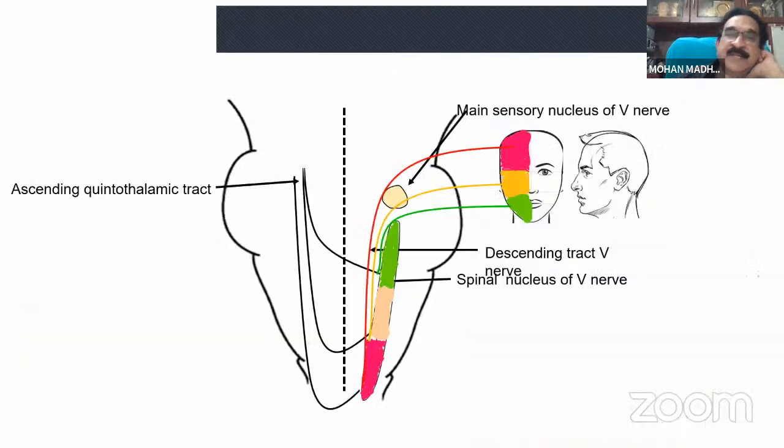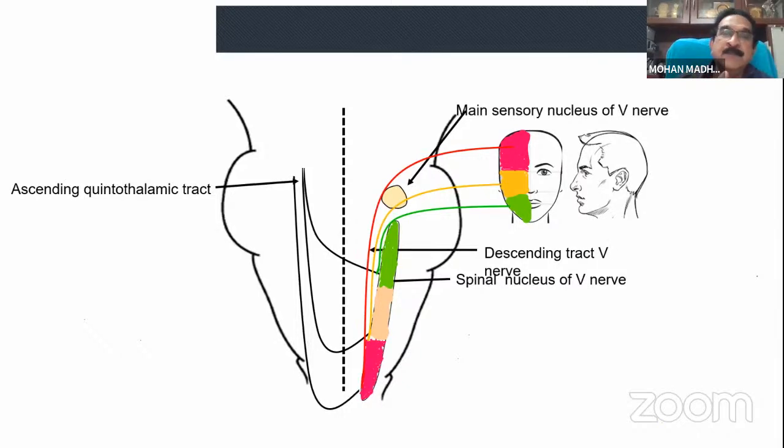There is another type of lamination in which the uppermost part of the face descends down and into the caudal part of the spinal nucleus, the middle part of the nucleus, and the lower part in the upper part of the nucleus. So a particular patient can have either the onion-peel lamination or an upside down lamination as shown here, or a